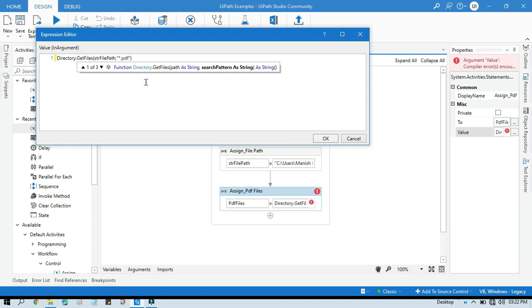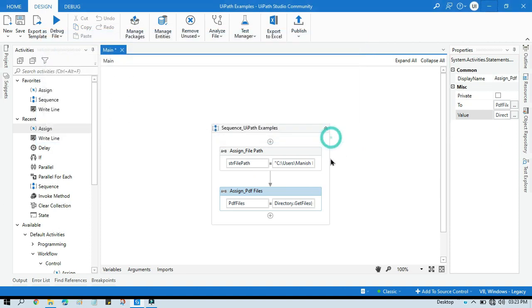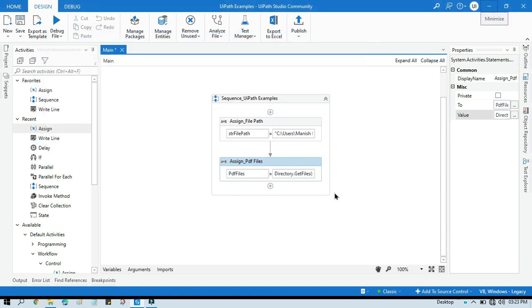We want only PDF files; star dot means the name can be anything, but after that dot pdf. Now click OK. I will show you something at the end that will take data from all the subfolders. Currently it will just get PDF files from this folder.